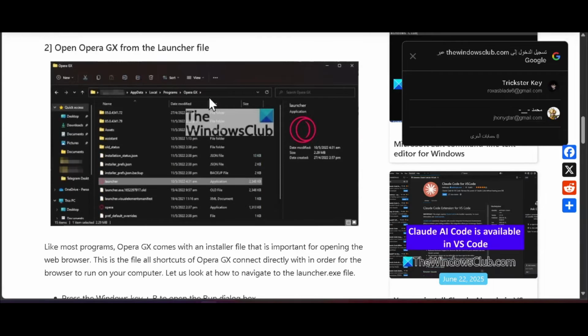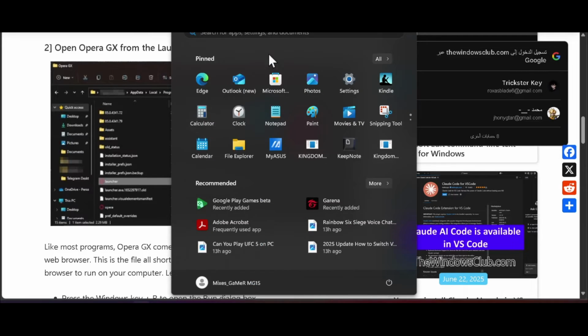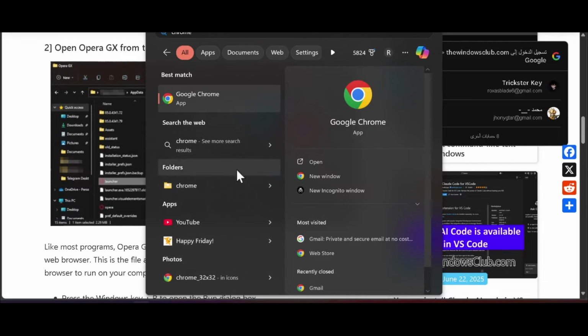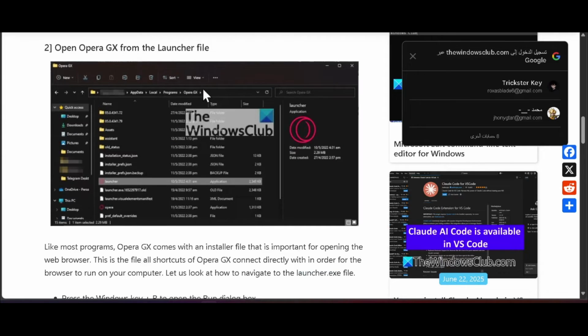So if that didn't fix your issue, you can try to open Opera GX from the launcher file. So just open the file location of Opera. How to do that? You need to right click on the Opera GX file from the desktop and click on open file location, or you can just go from the start menu and search for the app that you want, like Opera GX. So you can just search for the app from here, like if you want Chrome, you will find the file location from here as you see. So there's a lot of ways to open the Opera GX file location, so just do that